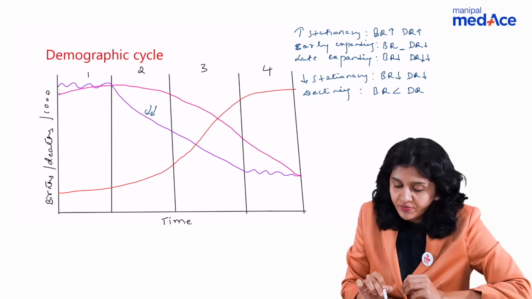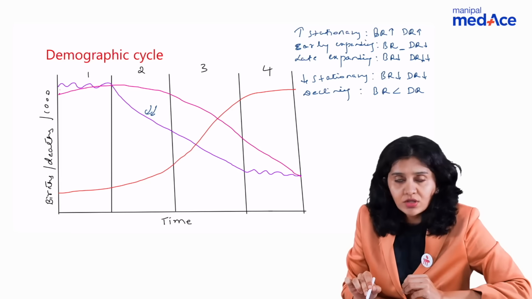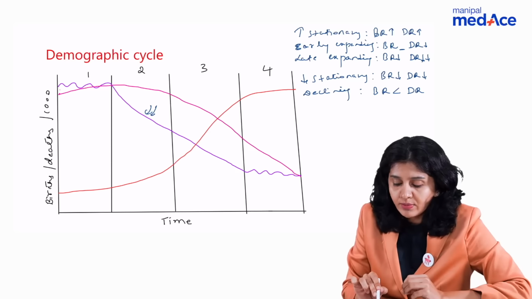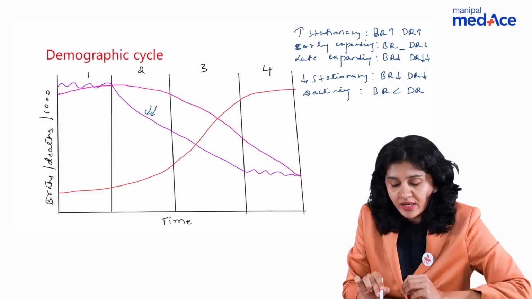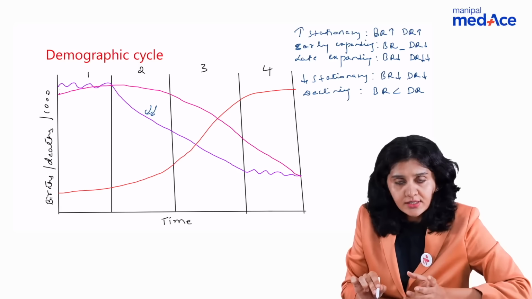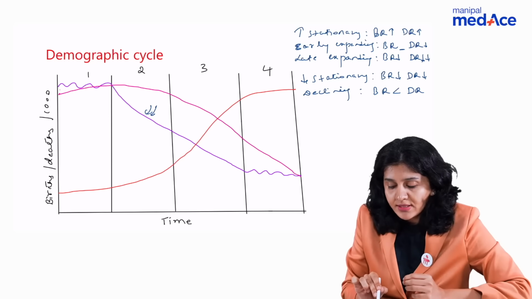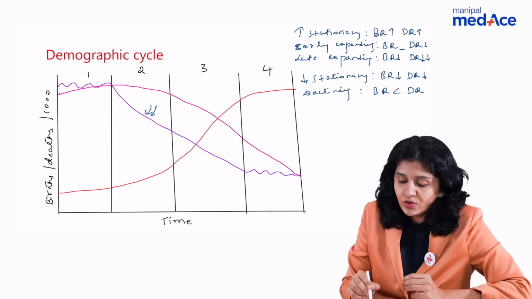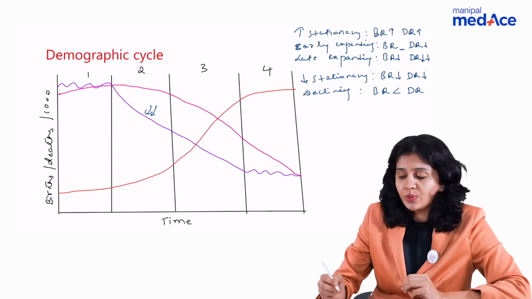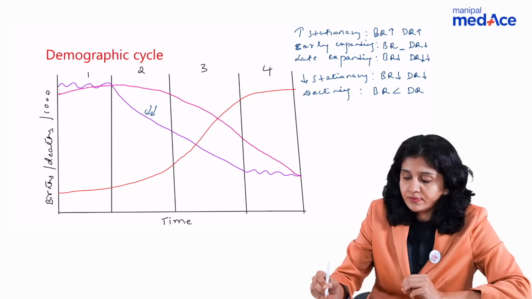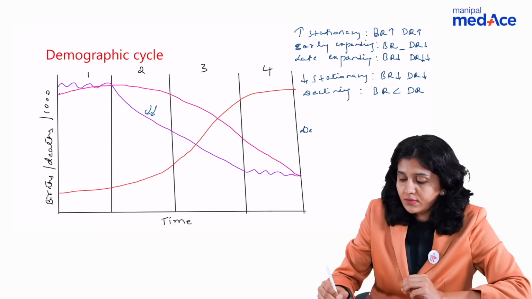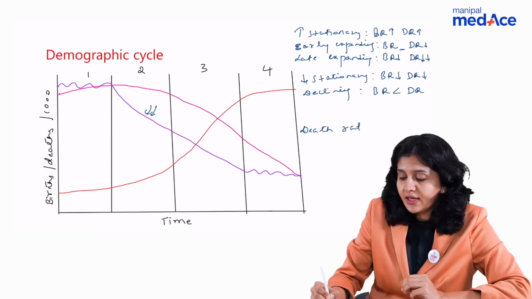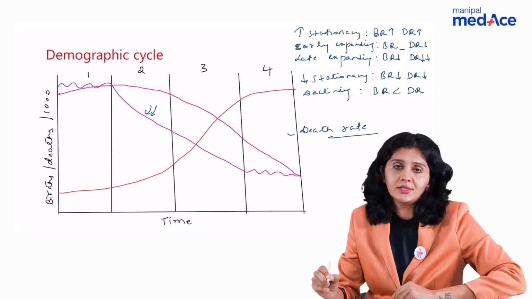So what is happening here? If you see the pink line, in the phase 1 it is high, of course, but in the phase 2 it is not changed much. But if you look at the purple line, in the phase 1 it is high, but in the second stage it is declining, right? So what is this then? Is it birth rate or death rate? So it is death rate. So the correct answer for this is death rate. So the marked structure indicates death rate. So that is how you are supposed to answer this question.